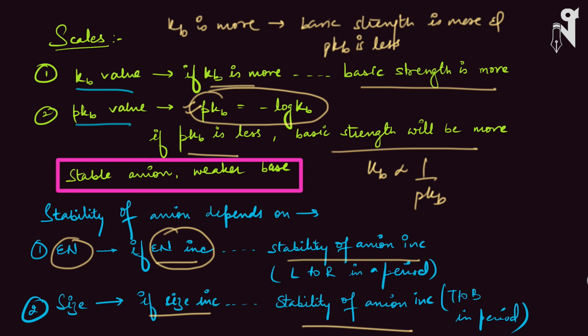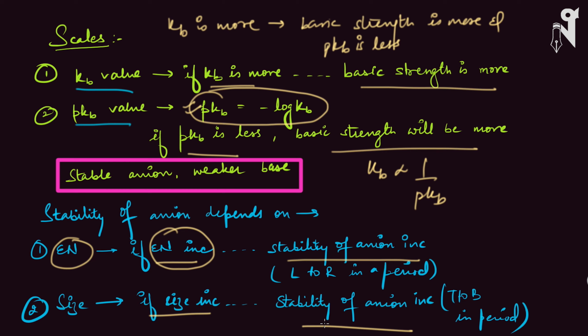Now when you go from top to down, the size of the atom increases, right? Size of the atom increases, that means the negative charge can distribute around itself very nicely. It will not be a very concentrated charge. What happens when the charge is very much concentrated? The electrons internally start repelling each other. If they are very closely packed, then the excess electron density starts repelling each other, and hence becomes unstable. But when it's a bigger atom, the electron density gets distributed all around. When it gets distributed all around, it is more stable because the repulsions among the electrons will be minimum, right?